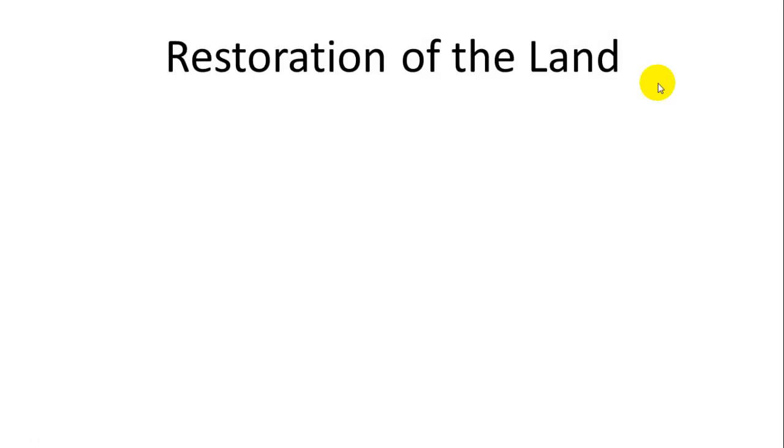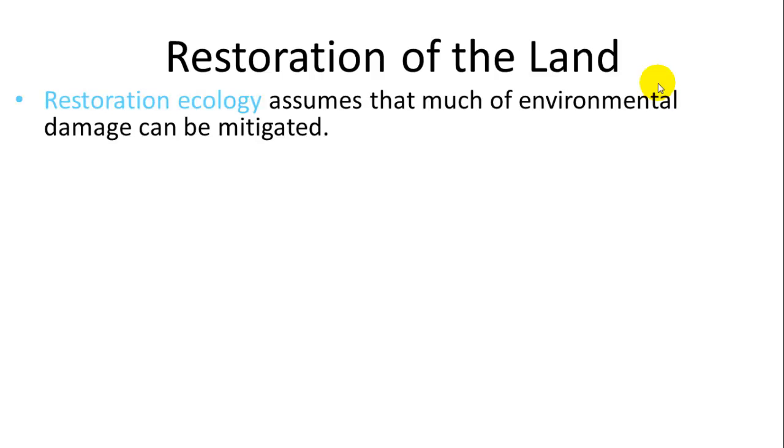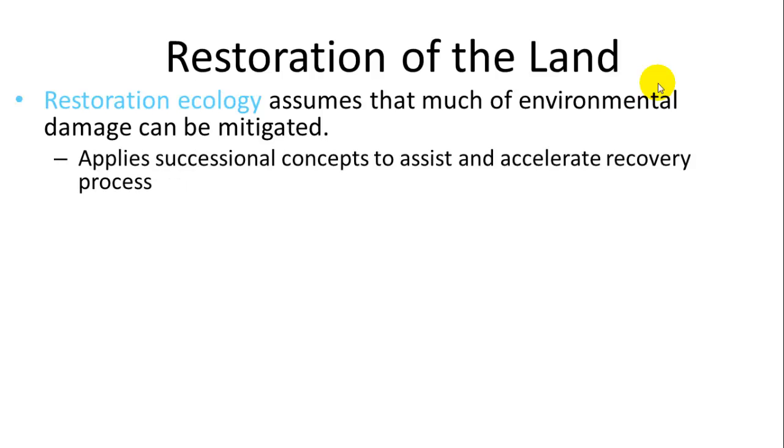So finally, what's the process then for combating a lot of these effects? There is an area of science called restoration ecology, which assumes that much of the damaged ecosystems and plants and areas can be remitigated to be restored to somewhat a resemblance of their natural state. A lot of this applies successional concepts, right? Humans have created a disturbed landscape, and to restore the natural ecosystem, you have to boost the successional